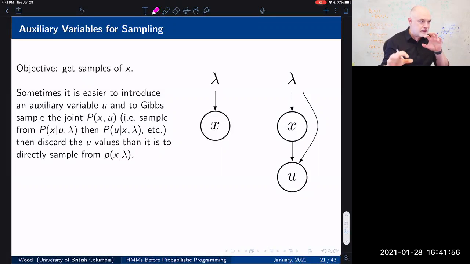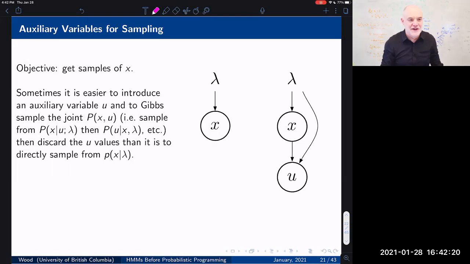And we know that Gibbs sampling just alternates sampling from one conditional and then the other conditional, and so forth. So in other words, sample from X given u and lambda, then u given X and lambda, and back and forth, right? And then just marginalize by throwing away the u values to get a sample of X